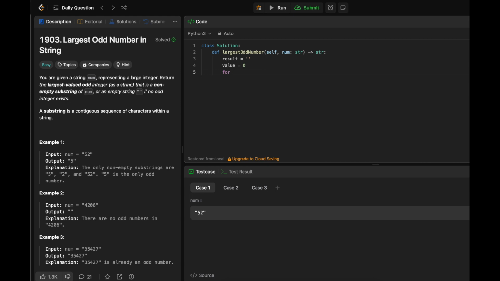And two nested loops, one for i from 0 to length of num, and inside, for j in range from i to length of num,